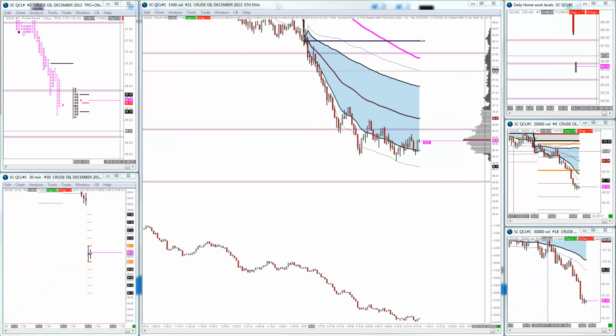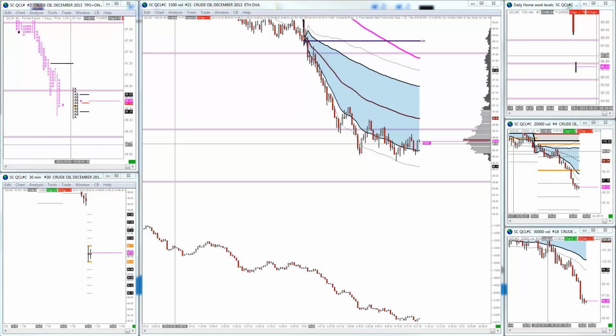Okay, just a quick update here on crude. It's currently 5 to 10 Eastern time. This is what I'm thinking. We've got crude oil inventories in about half an hour, so not expecting to see too much into this next period, C period. Currently we've got A and B, which just basically seem balanced. We found the extremes of this market at the moment, so